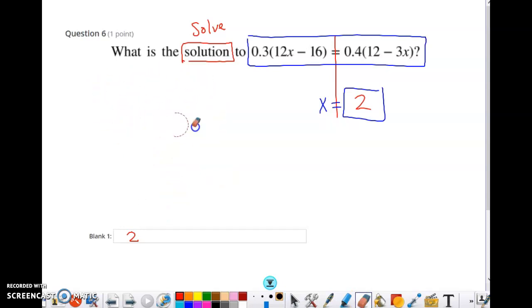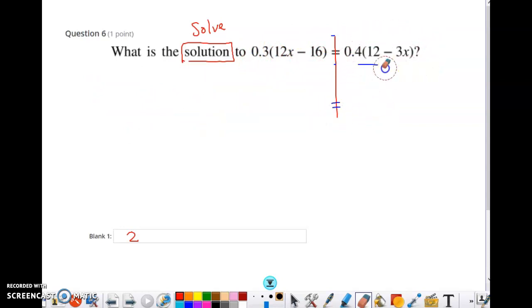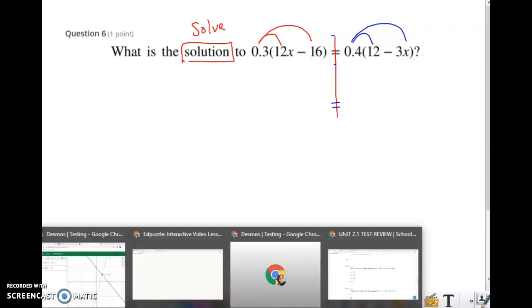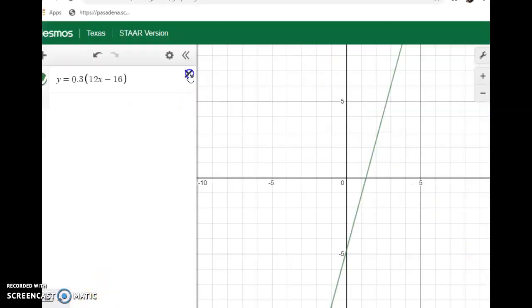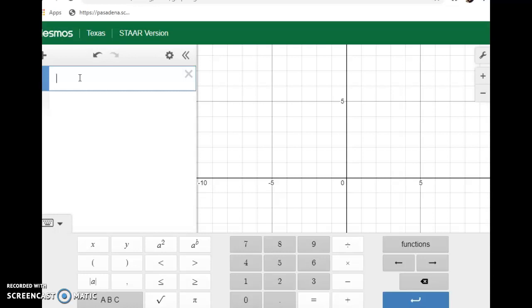Now, we can also do this by hand. So I'm gonna start distributing really quickly for those of you who want to see this. If you don't want to see it, that's fine. Move on to the next problem. So right here, we're going to be distributing, and over here, you're going to distribute as well. So you need to make sure that you are multiplying those numbers. You can use decimals to multiply. So let's go to decimals. We're going to be multiplying